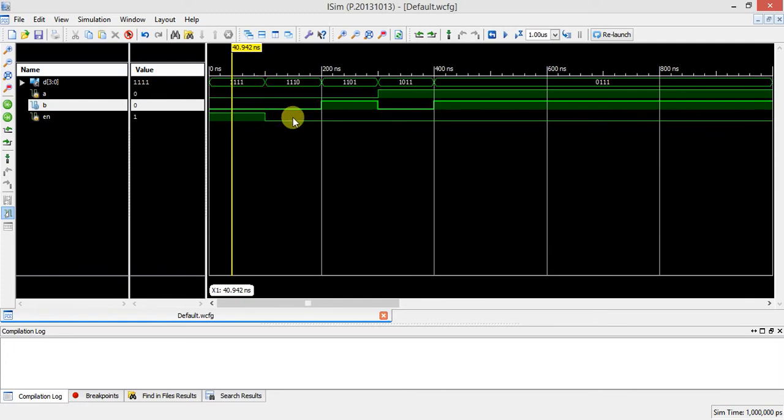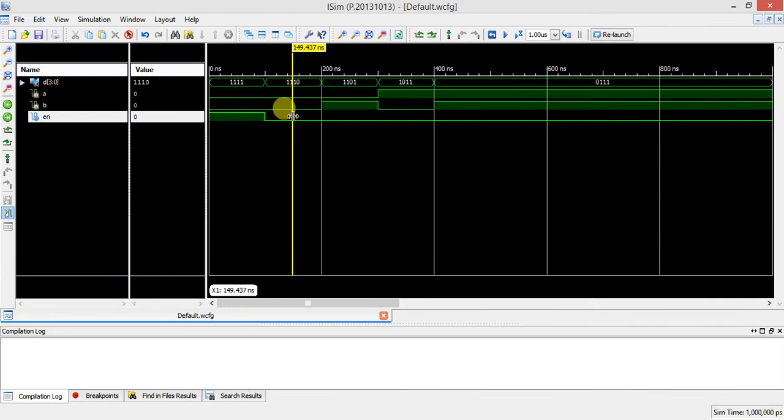After that, next combination, click on here, enable is 0, a is 0, b is 0. You can observe here, d0 is 0. Next come to here, enable is 0, a is 0, b is 1, so you are going to get d1 is 0.